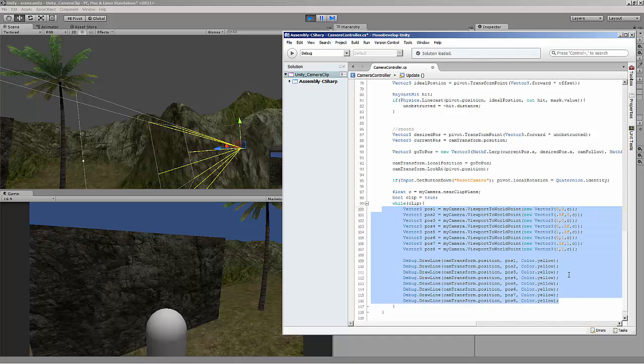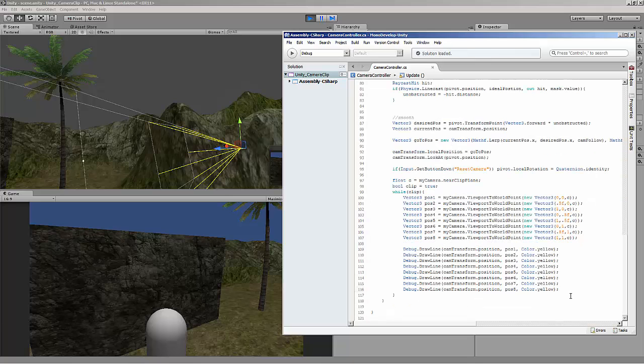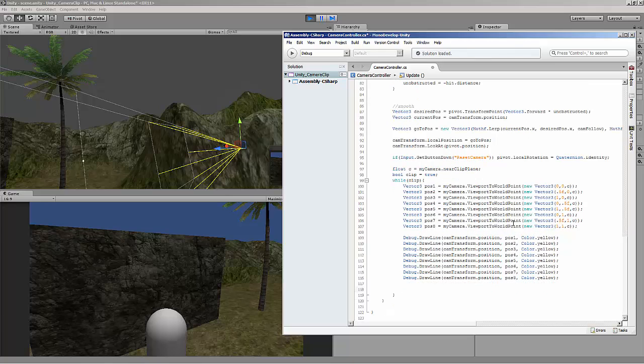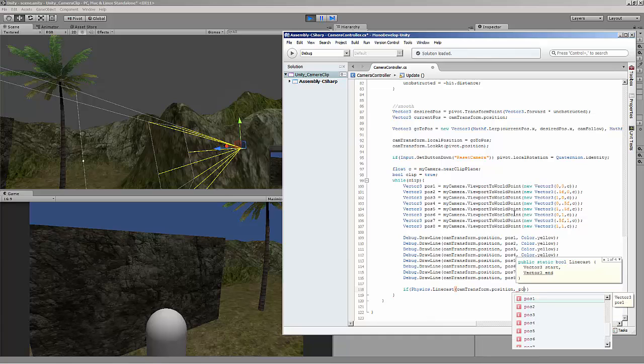But we want to make sure that we can turn clip off if nothing is being clipped. So, but first we'll just do Physics.Linecast, and this one will start at the cam transform.position, and we'll go to each position. So position 1,